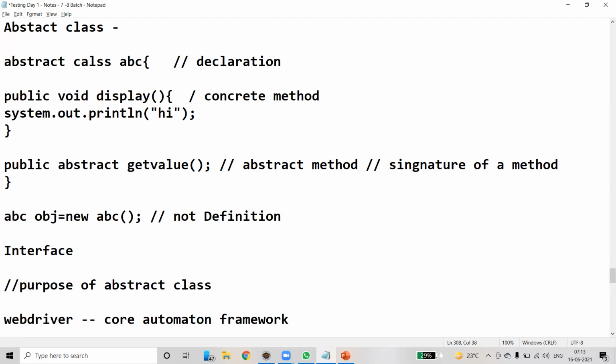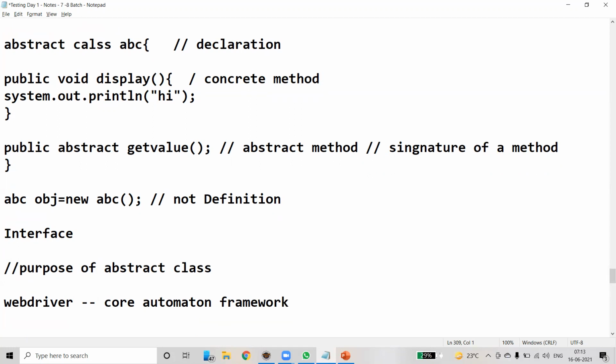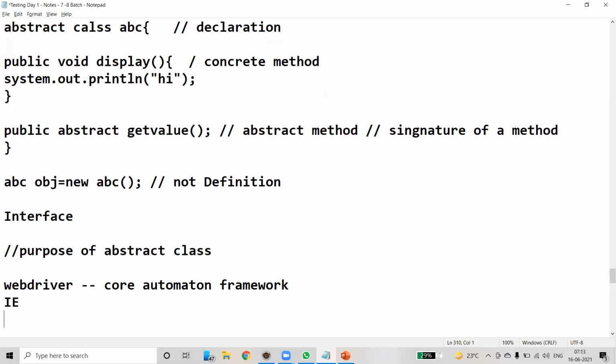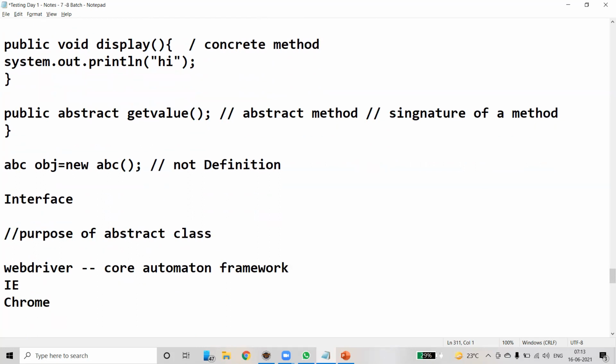And who is going to use this WebDriver? We are going to use this WebDriver to run our scripts on IE, Chrome, and Firefox. There are three browsers we need to execute on. We need to leverage WebDriver on these functions.